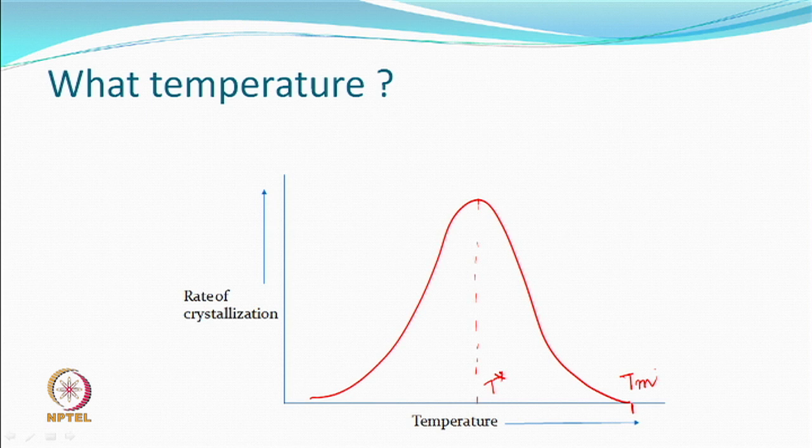The other side also is a temperature which can be considered as the glass transition temperature, below which we believe the material, which is the polymer, behaves like a glass, means it is frozen, the vibration levels are very low, the molecules will not have enough freedom to do anything. All right. So, roughly all the materials like this would give a rate of crystallization curve with temperature, which is a bell shaped curve.